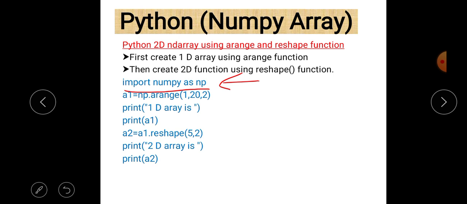It is required because numpy contains 5 characters, so instead of always typing numpy, you just type np. So it is quite easy as compared to typing numpy again and again.